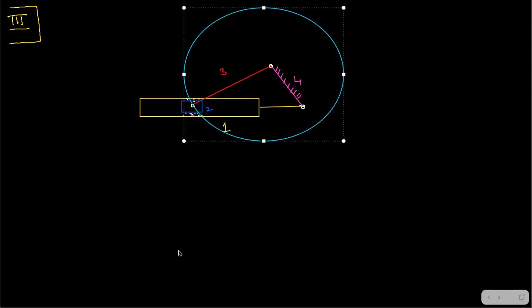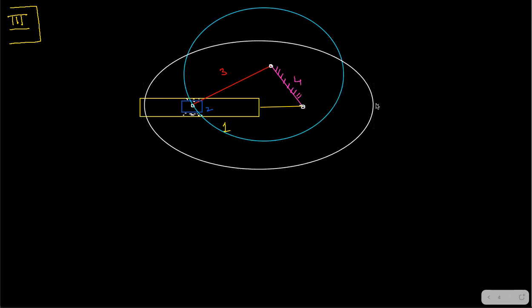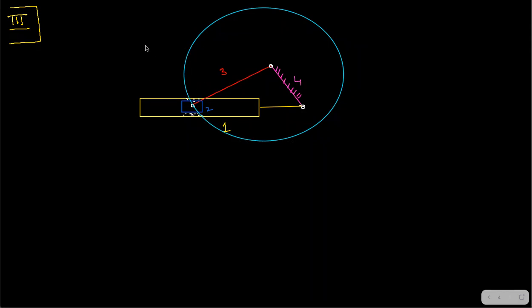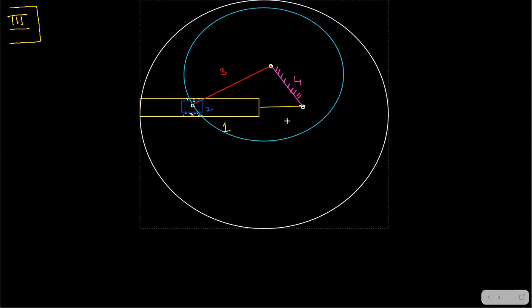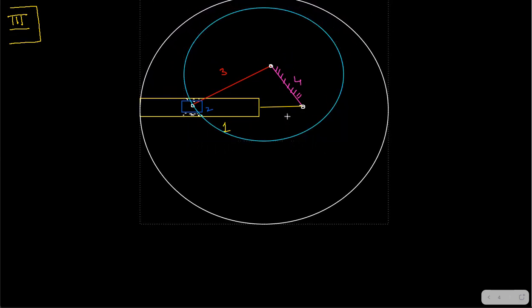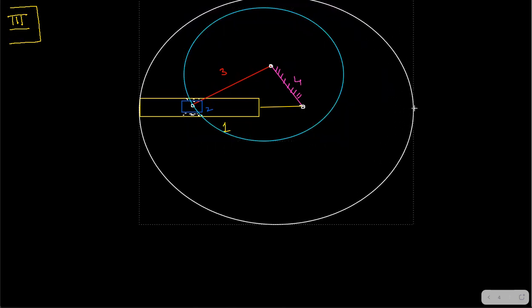I'm going to take some other color for link 1. Let's take a white circle, right? For link 1. So where is the center of link 1? This is the point on the other side of the fourth link. So it's going to be a very, very big circle. Let's see if we are able to trace that circle on this space. Yeah, I think we were able to trace, right? Yes, the position of the first link, this end, is also going to move in a circle. Link 3 also is going to move in a circle.